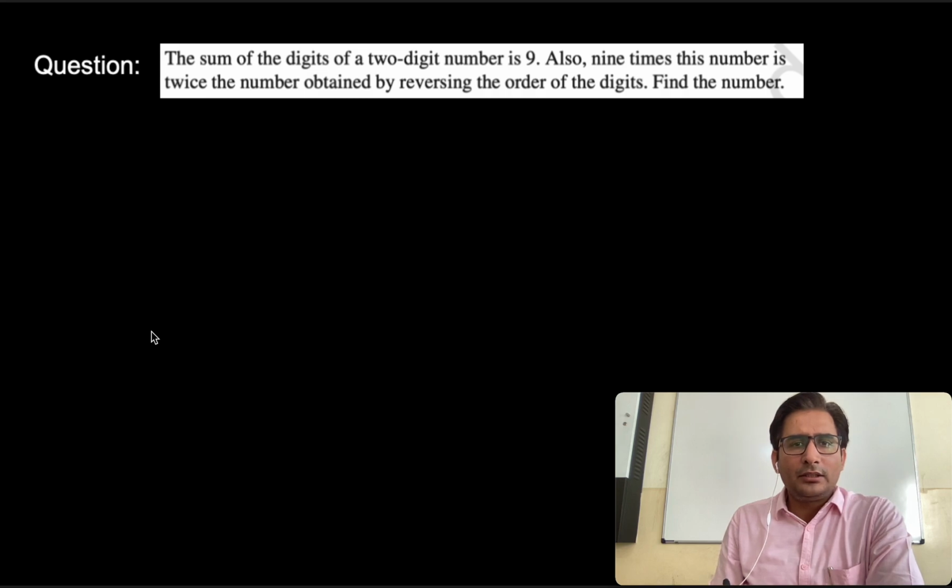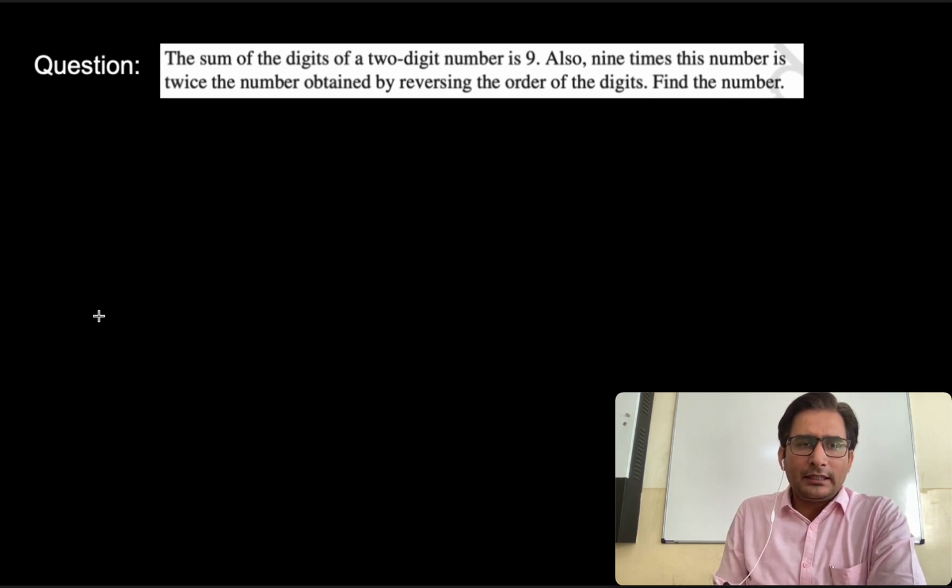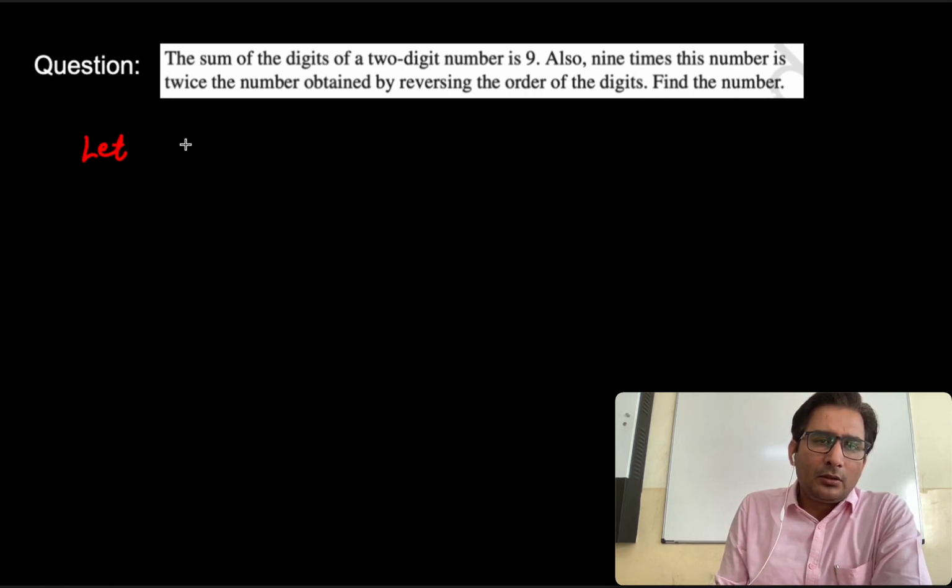The sum of the digits of a 2-digit number is 9, and we need to find that 2-digit number. So first of all, the first thing in this case is we need to let the 2-digit number